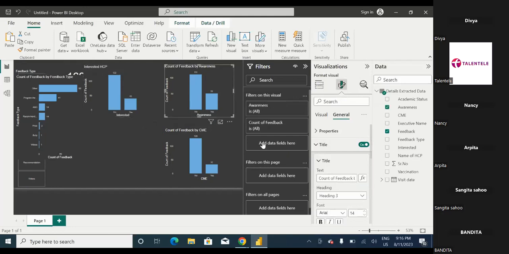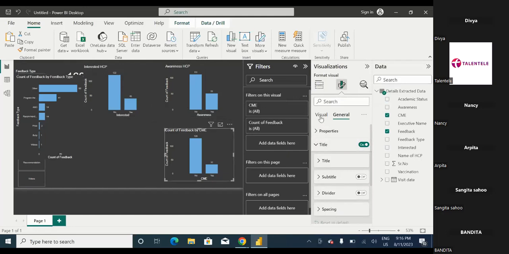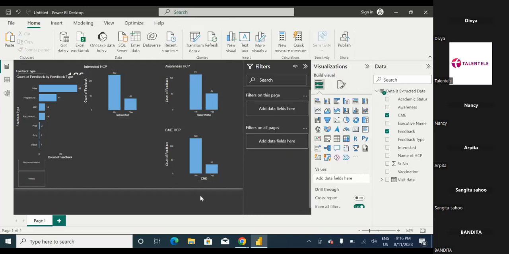Okay, this I'll put awareness. Let's see. So like this, I'm changing the titles over here. CME HCP. Okay, so I put these titles because it is giving me the knowledge for that, what is the count of yes and no for interested